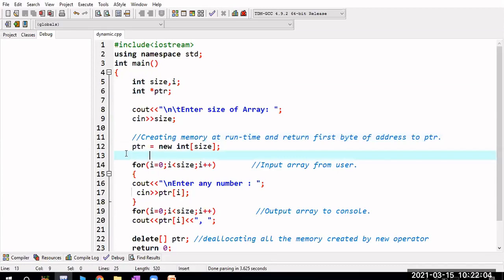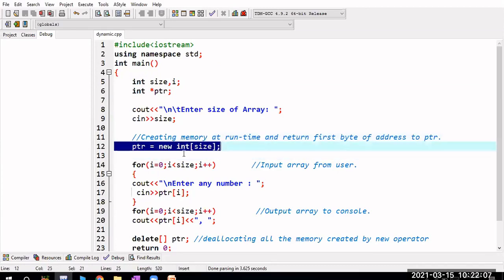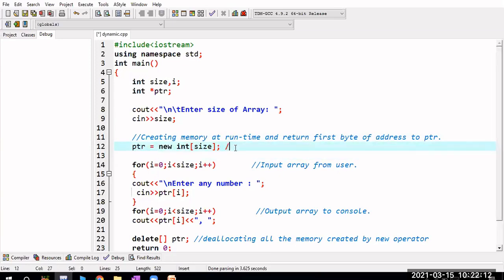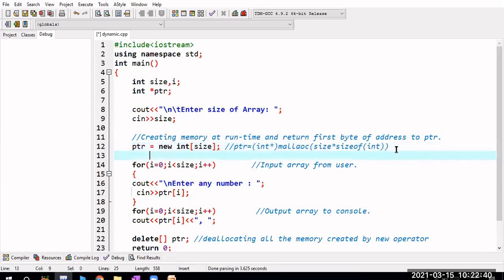This is a simple program in which we have taken the size of the array, and after this we have created this pointer variable, which is used to allocate the memory dynamically by using the new operator. If you are doing the same thing in the C language, you have to mention ptr equal to int star, malloc, n into size of int. So how many variables you want to create, you have to specify here, and that memory will be allocated dynamically.